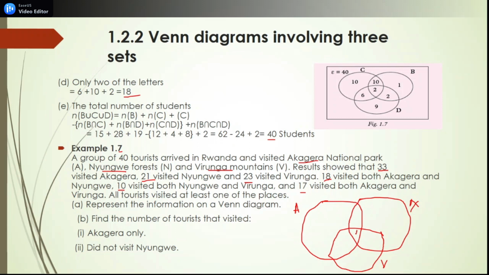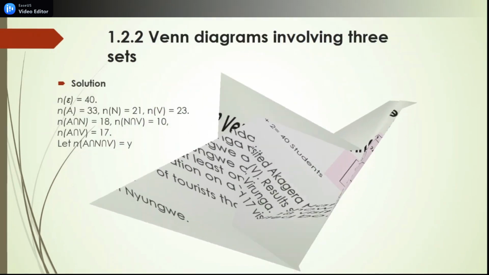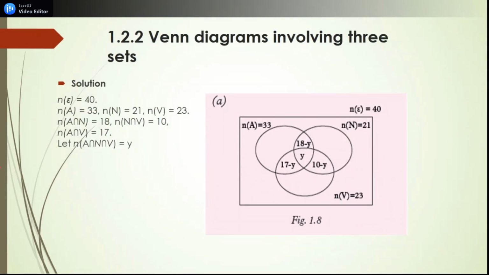which belongs in the intersection, it is somehow x. You can call x the element where all sets are intersecting. All tourists are intersecting at this point. And then you take x, we subtract elements visited, for example, in Akagera and Nyungwe. We have to take, for example, y in place of x. Take y. Then tourists who visited Akagera are 33.